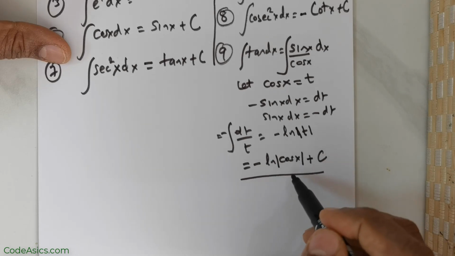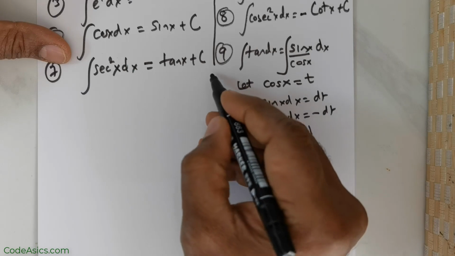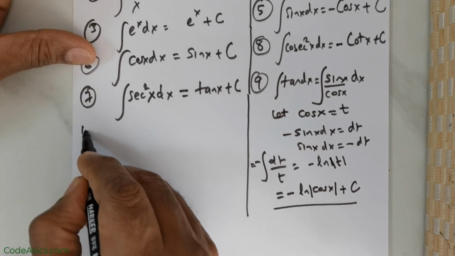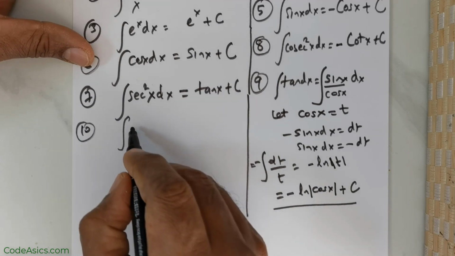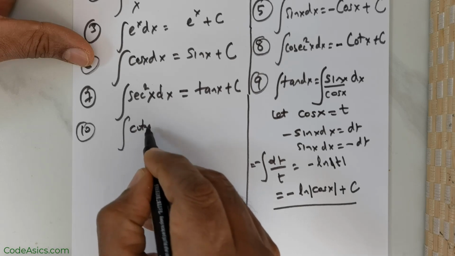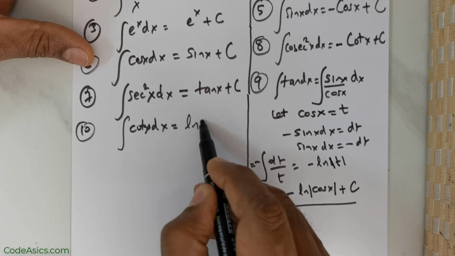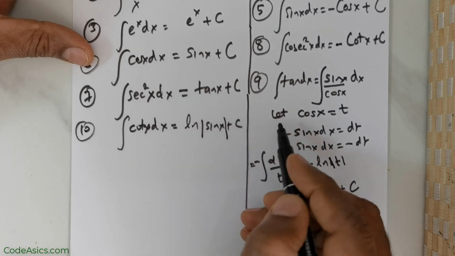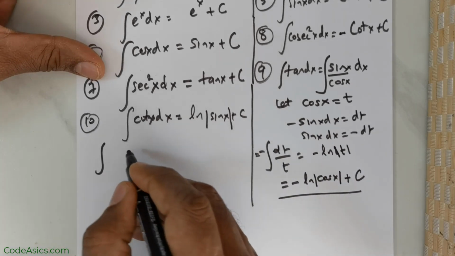So that is the solution for the integral of tan x dx. Now if I were to extend this line and go up to formula number 10, I've got the integral of cot x dx. This is going to be ln of |sin x| plus arbitrary constant c. Now if you want me to show you how it is done,